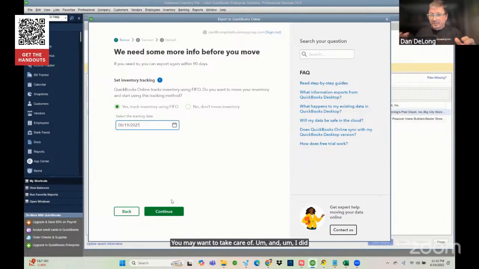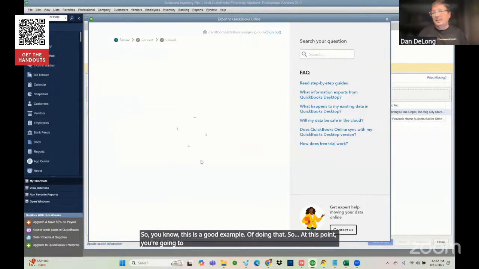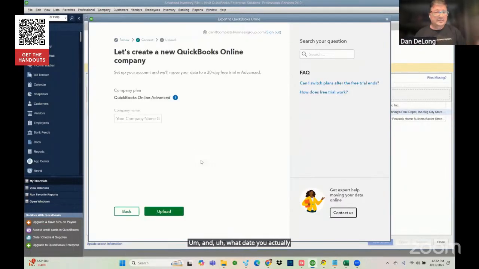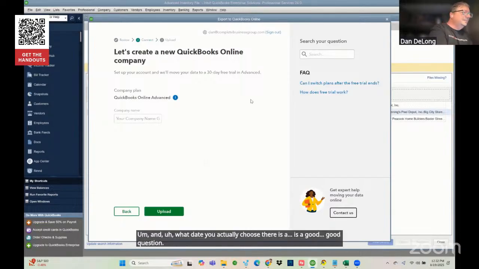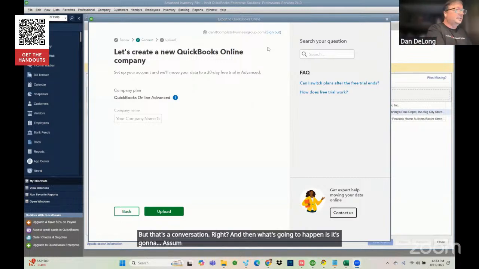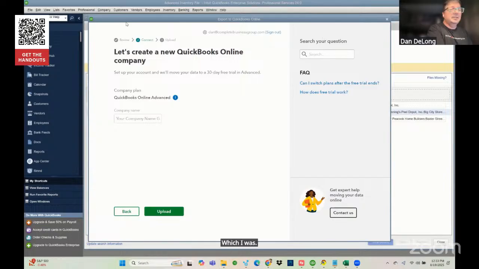I did this prior to the session today, and I got the import summary, and of course it didn't match. So this is a good example of doing that. At this point, you're going to choose a date, and what date you actually choose there is a good question. But that's a conversation, right? And then what's going to happen is, assuming you're signed in, which I was, and I am, I think it does have